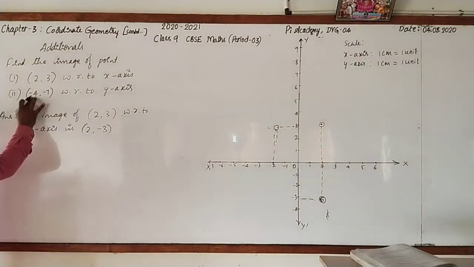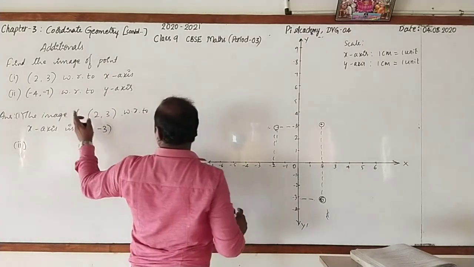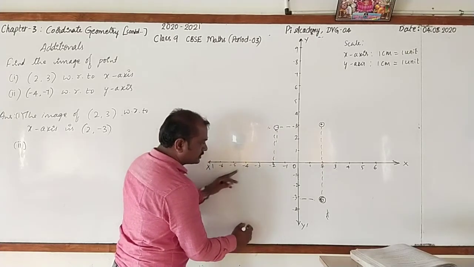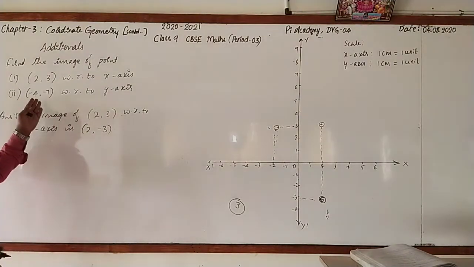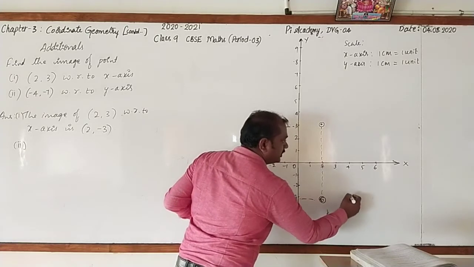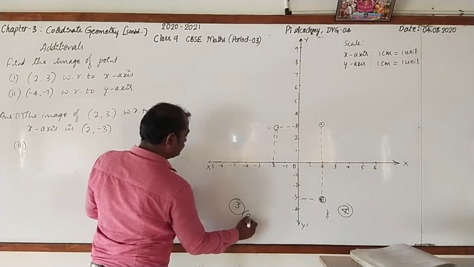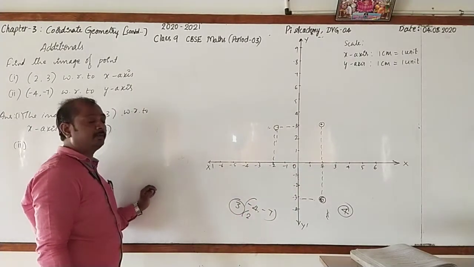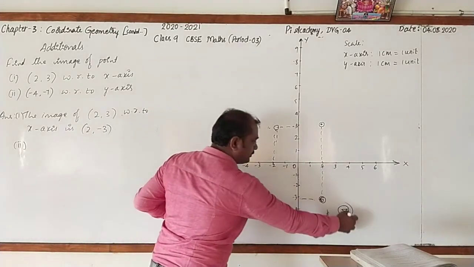Next, second one. -4, -7. Its image with respect to y-axis. -4, -7. That comes in the 3rd quadrant. Its image with respect to y-axis. See that y-axis that comes in the 4th quadrant. Right. Here it is -4, -7. Then what it will be? It is +4,